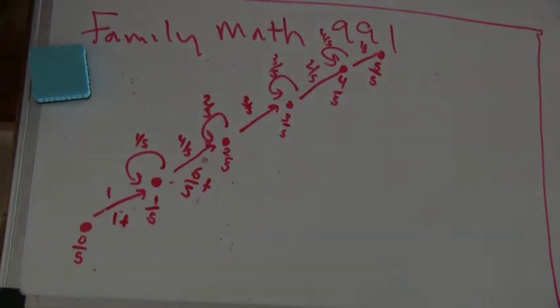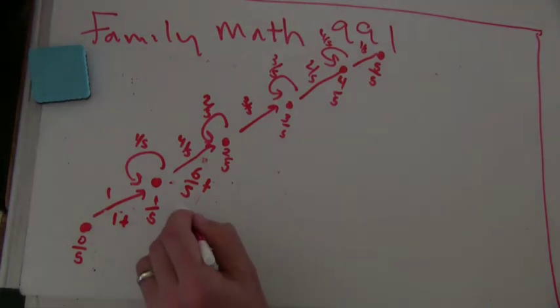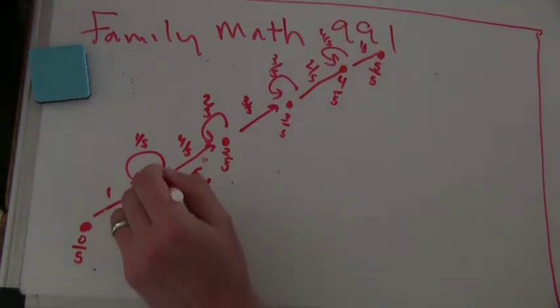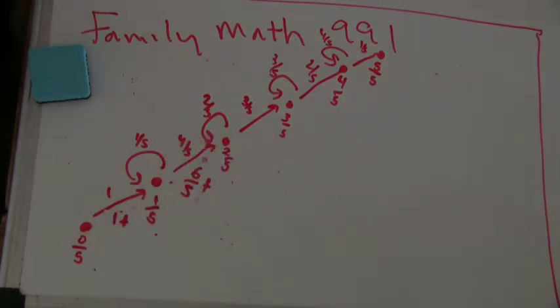Okay, so we're trying to figure out how many steps on average it takes, after you get the first coupon, to get the second coupon. How long does it take you to get the second coupon on average? So we know that